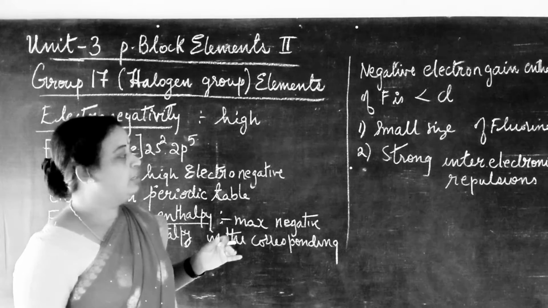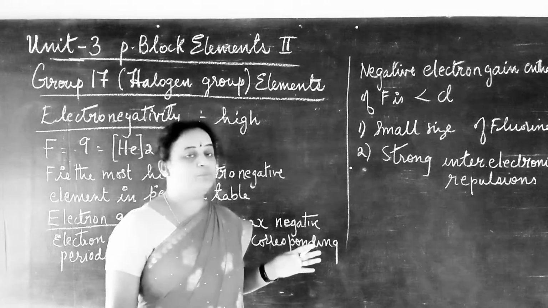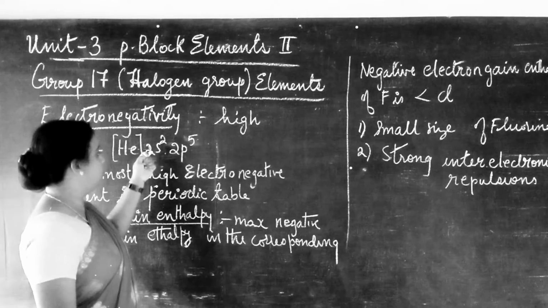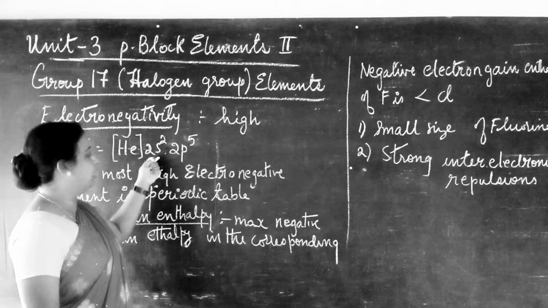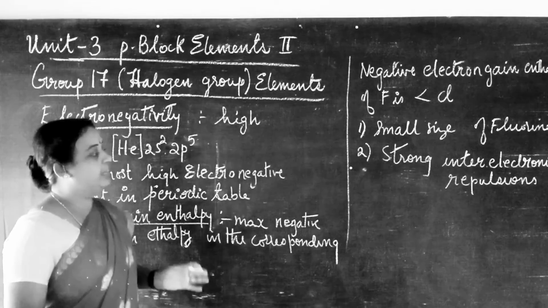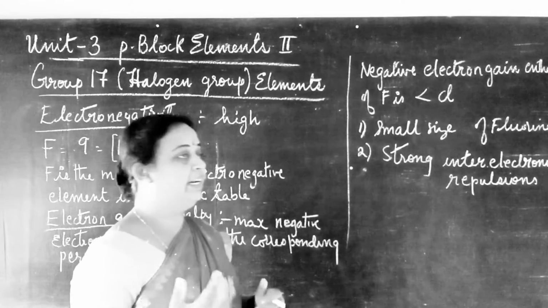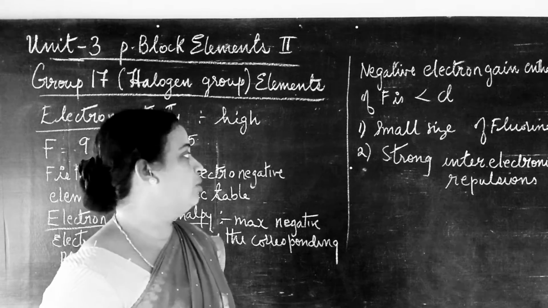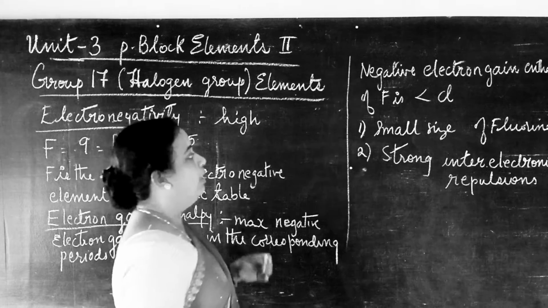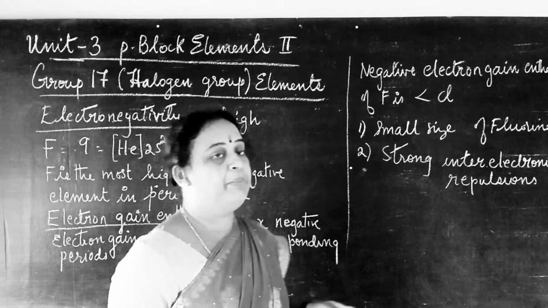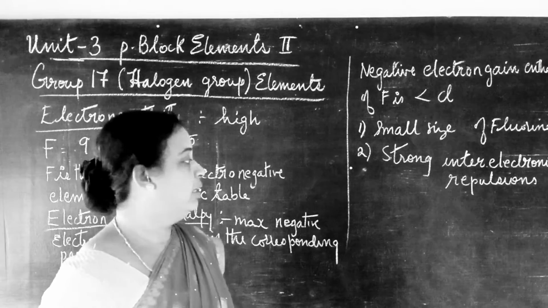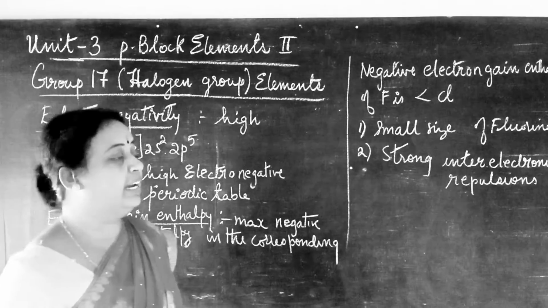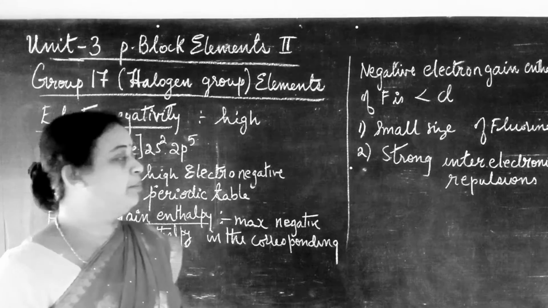In the case of fluorine, the electrons in the outermost shell, the 2s2 electrons and the 2p5 electrons, undergo repulsion. So that interelectronic repulsion is there in fluorine. That is also one of the reasons for the low electron gain enthalpy compared to that of chlorine. So chlorine has a more negative electron gain enthalpy. And there are still many other properties.